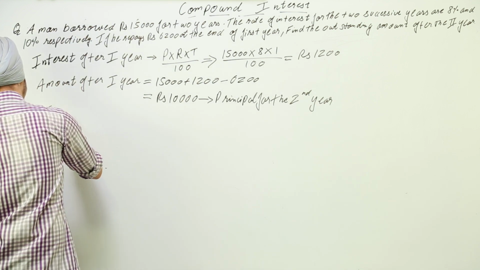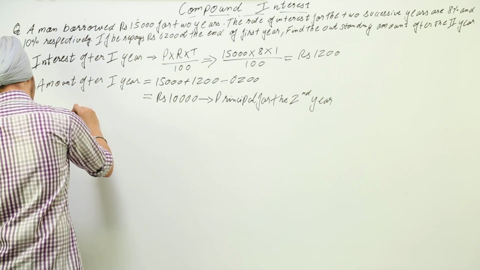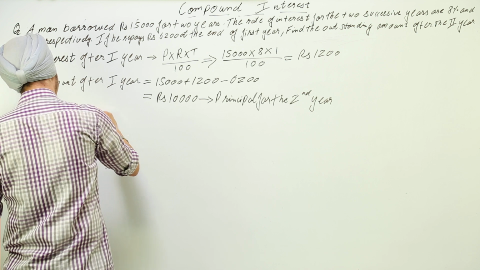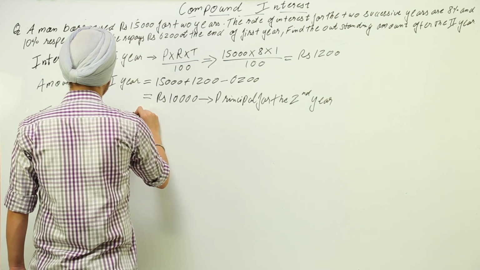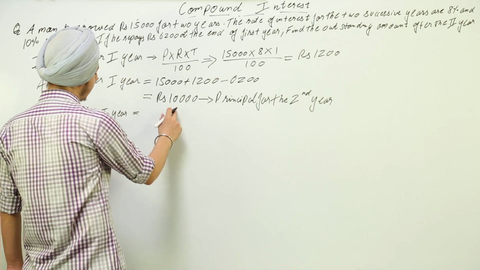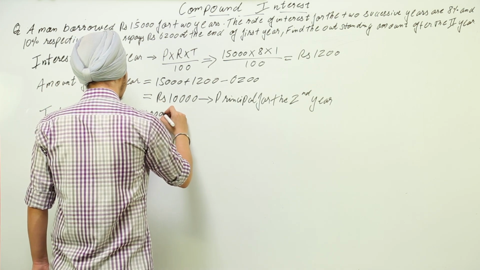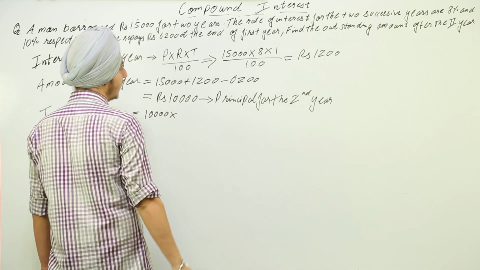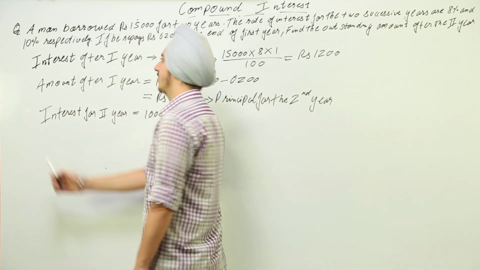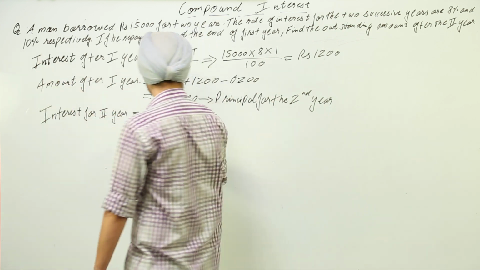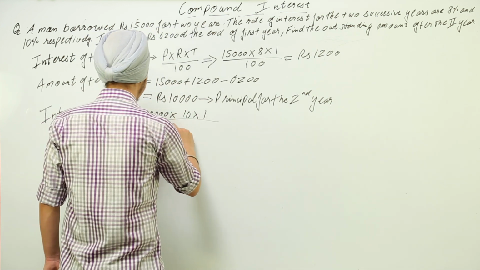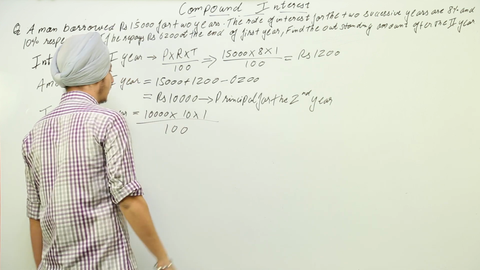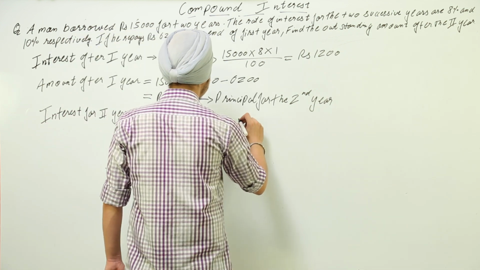So we have interest for second year equal to principal into rate, that is for the second year the rate of interest is 10% into time 1 upon 100. Now this comes out to be equal to rupees